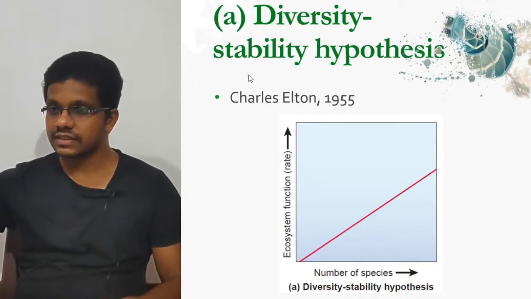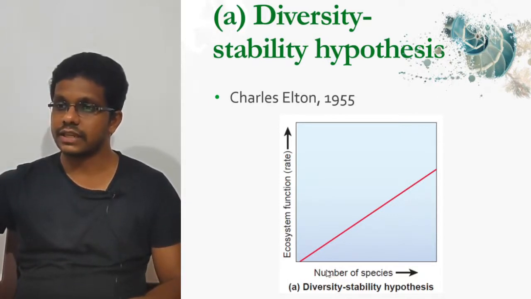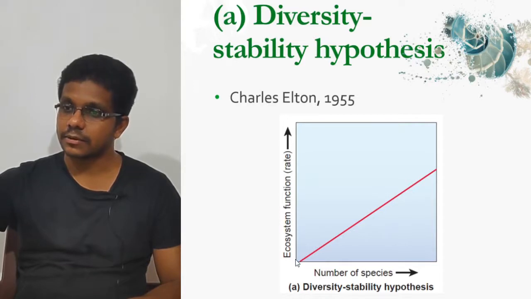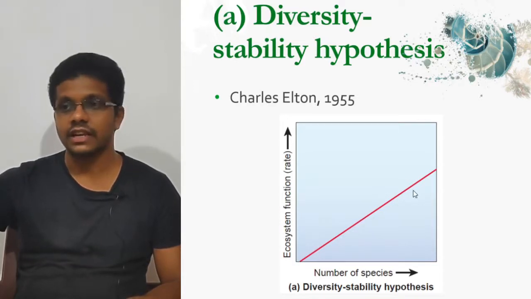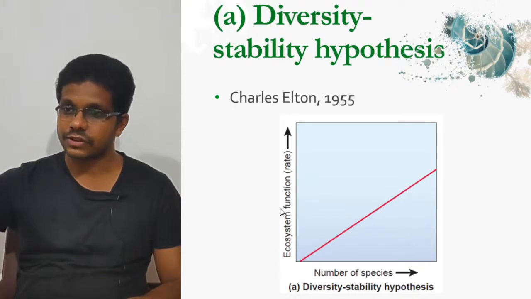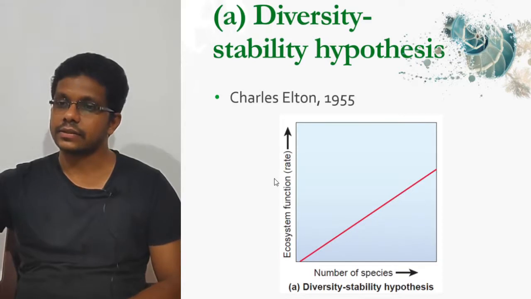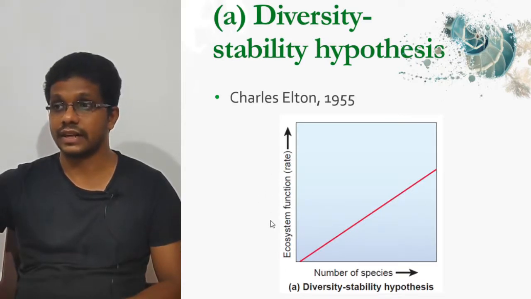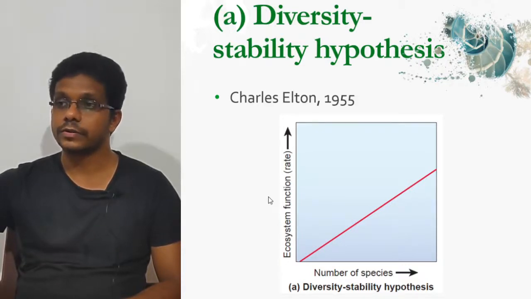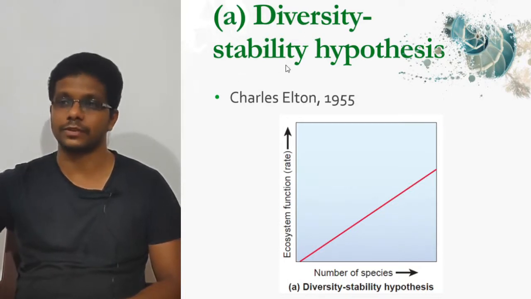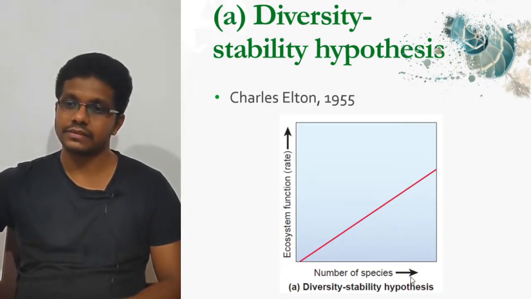So this graph basically shows the relationship between the biodiversity and the ecosystem function, and it shows a linear relationship. As the number of species increases, the ecosystem functioning also increases. If the number of species is less, the ecosystem won't function that much. And I already told that ecosystem function can be measured either using the primary productivity of the ecosystem or using the stability. The diversity stability hypothesis actually links the number of species with the